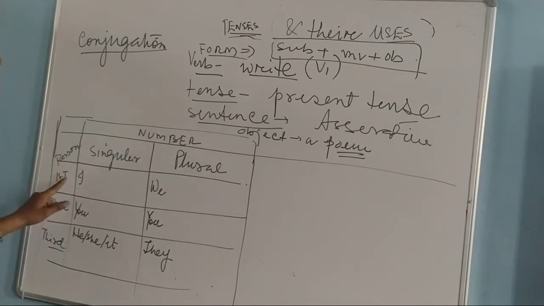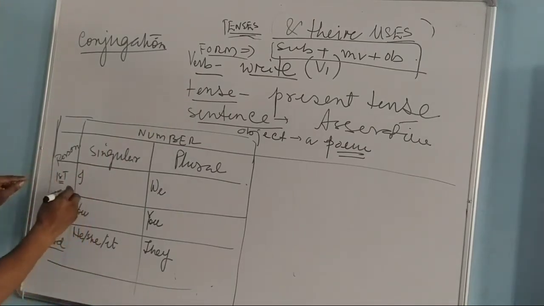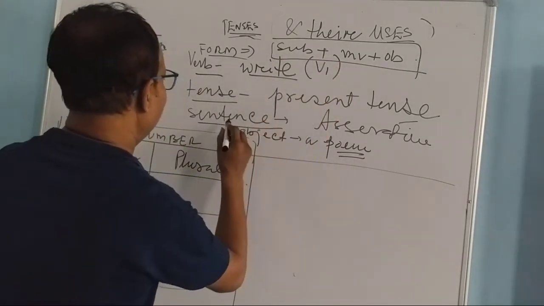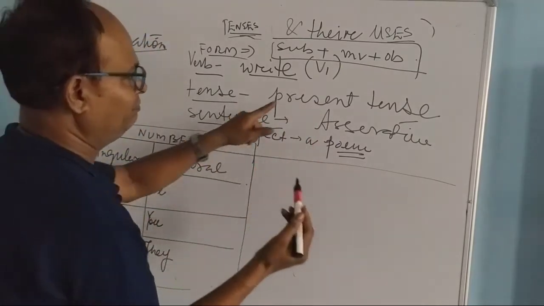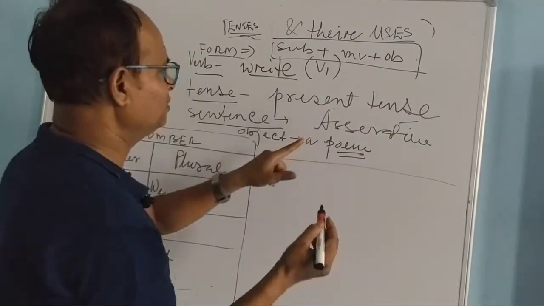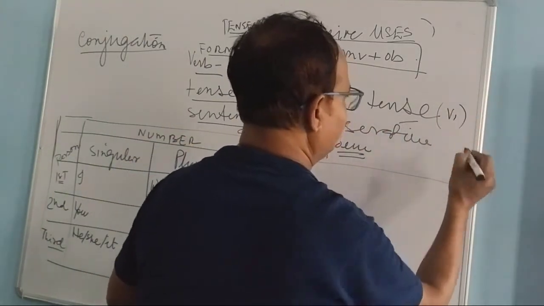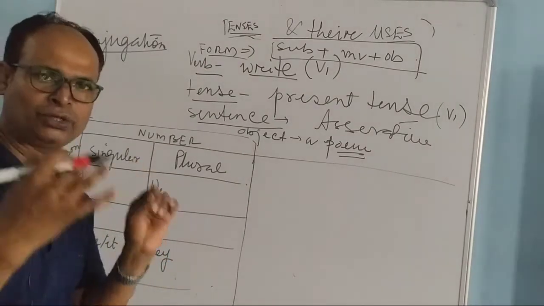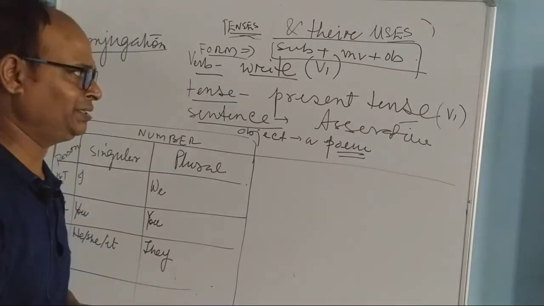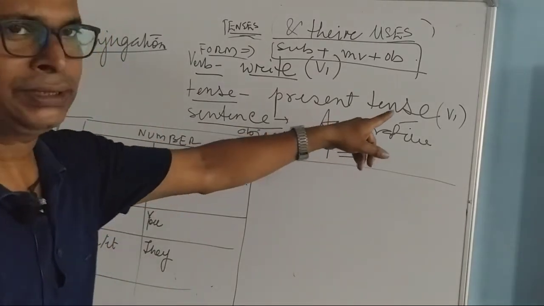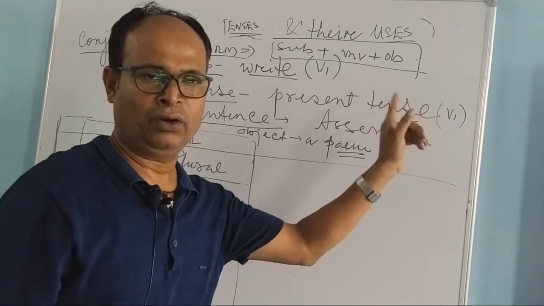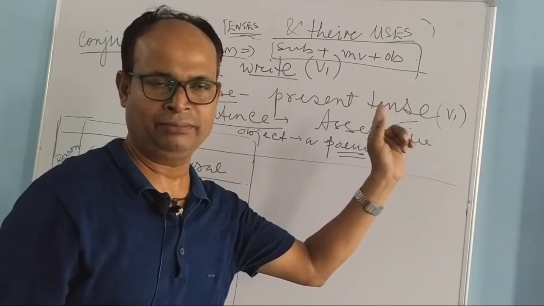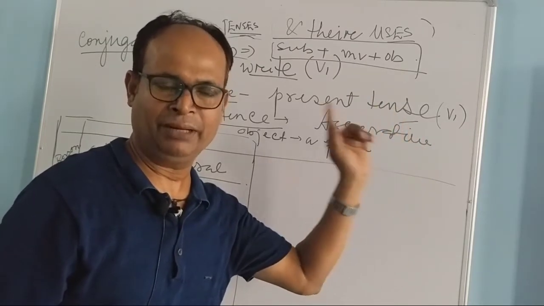So, here you see we are going to make the first one, I. What is the tense? Present tense. Present tense means what, my dear children? This is V1, as you have seen in the table of the weak verb or strong verb, or irregular verb or regular verb. So, we will go to the first form of the verb. Go, went, gone: you will have to go to the first form. Do, did, done: you will have to go to the first form, do. Make, made, made: you will have to go to the first form,